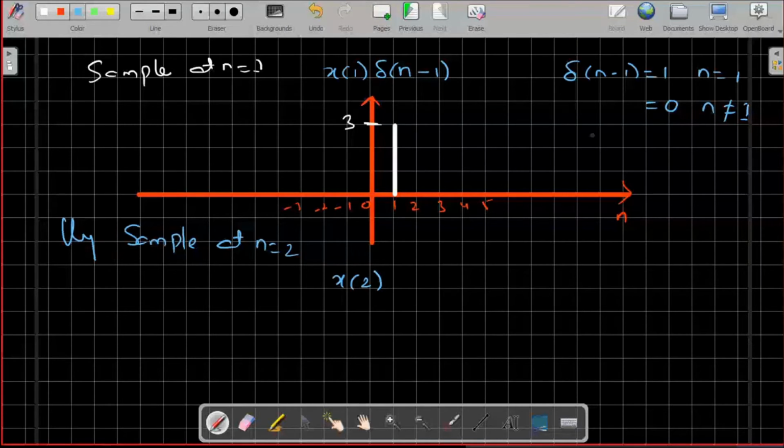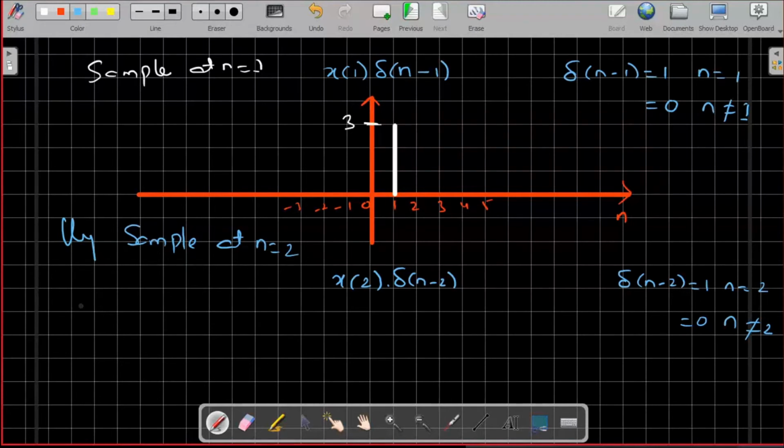So I need the impulse which exists at n is equal to 2, which is del of n minus 2. So del of n minus 2 is equal to 1 at n is equal to 2, and it is 0 for n not equal to 2. Okay,